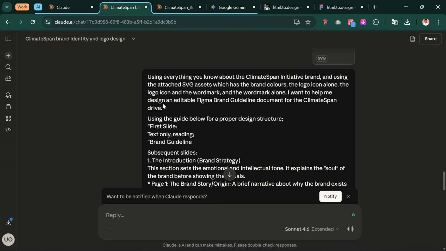I want you to help me design an editable Figma brand guideline document for the Climate Span drive. I was expecting it to give me something like .fig, for those of you who use Figma to create your designs. There's something called .fig, just like in Photoshop we have .psd, in Affinity we have .af,